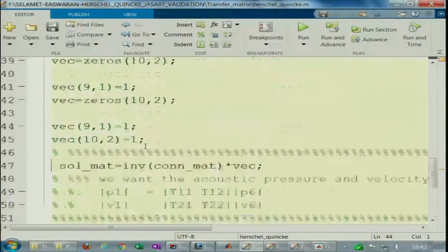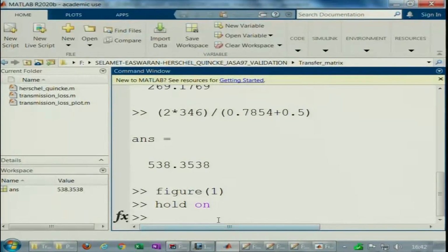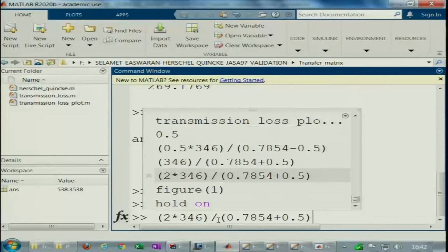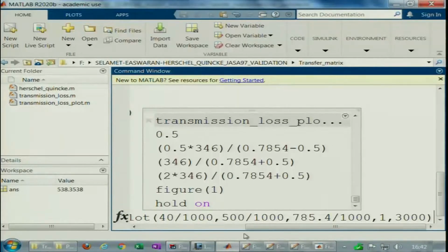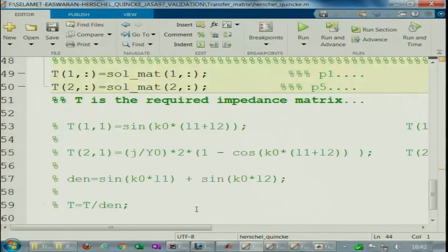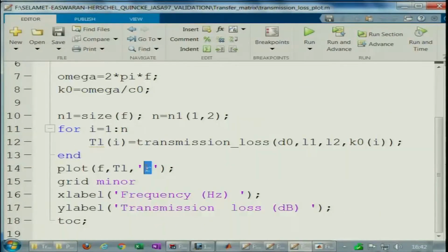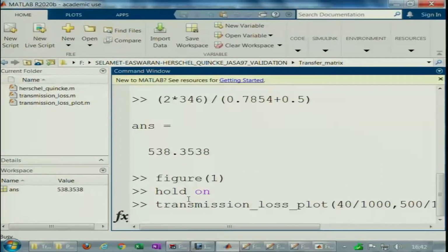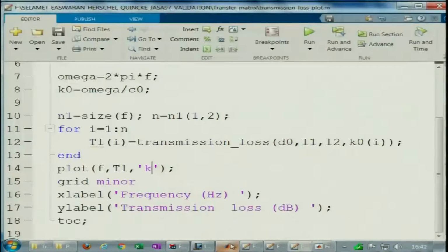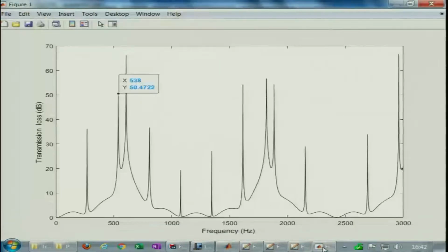So, T1 and T2 we are getting like this from solmat, and then the idea is just to run the code again. I have already put hold on, which means save the previous result and plot it using a different color. Right now, mind you, I have commented out this part, and I am going to just use another color, say black, K, and plot. It is going to take some time, 0.94 seconds. Where has it gone? Well, it is almost identical, it is identical. So, this is the numerical way of doing things, and it matches very well with the analytical formula. Same thing I will not repeat again.